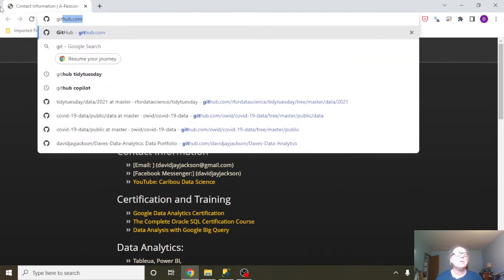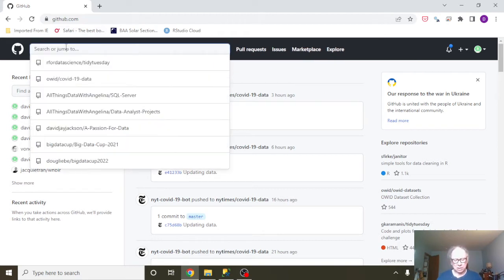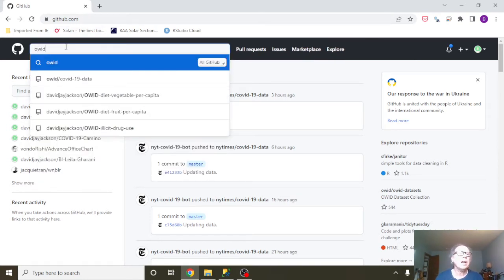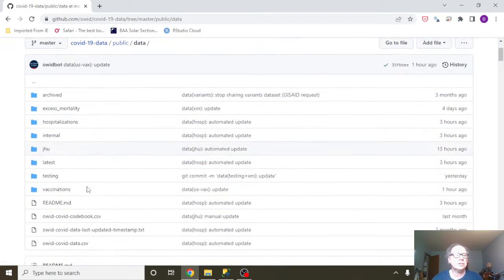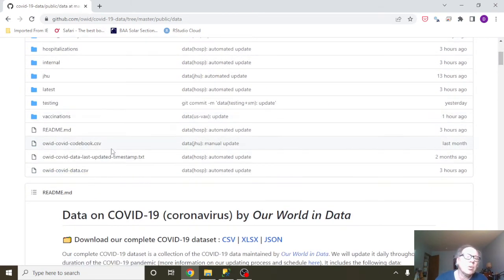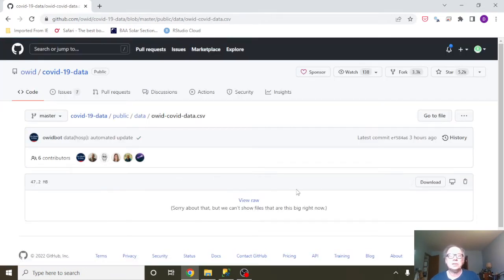We're going to go to GitHub. You're going to search for OWID, which is Our World in Data, COVID-19 data, public data. Now, if you want to know what the columns mean, that's what this file right here is for. We're interested in the Our World in Data, COVID-19 data here. So you click on this, then come over here to the right side and click on Download,